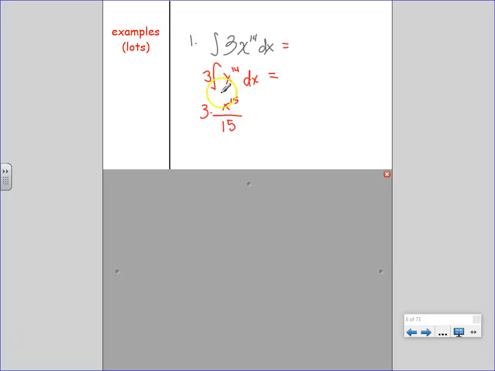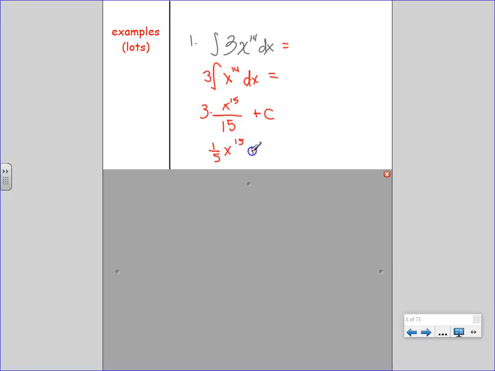Now check it. Bring down the 15. Boom. Subtract 1, 14. I got it. But what do I need? A plus c. Now, let's not leave it like this, right? We ultimately have 3 over 15. What does that end up being? 1 over 5. Someone help Brendan out real quick. 1/5 x to the 15